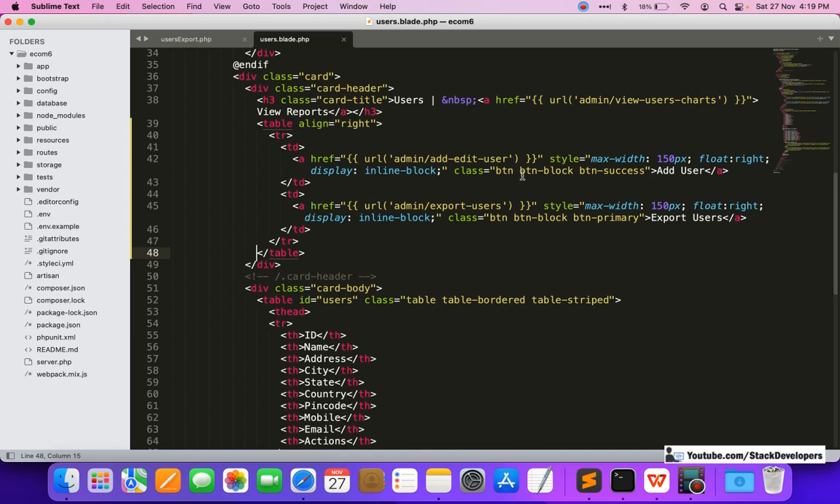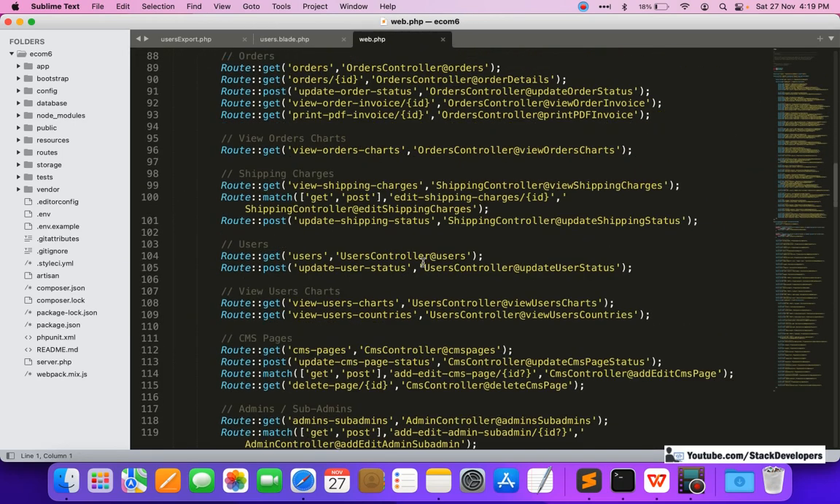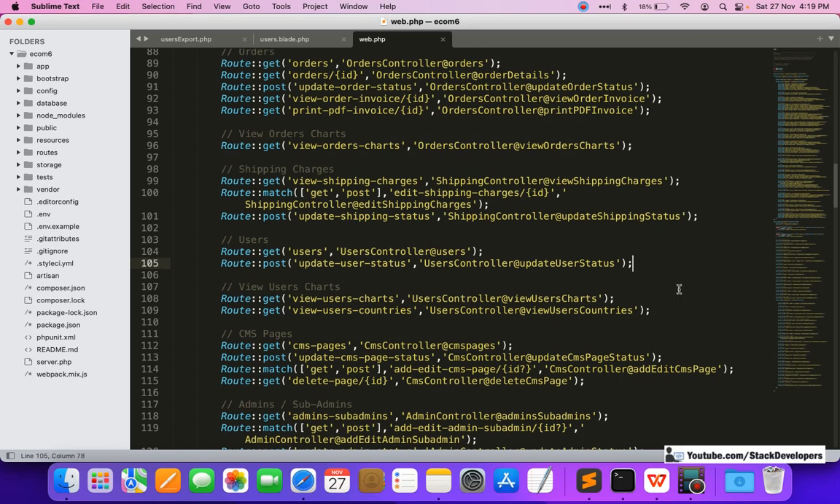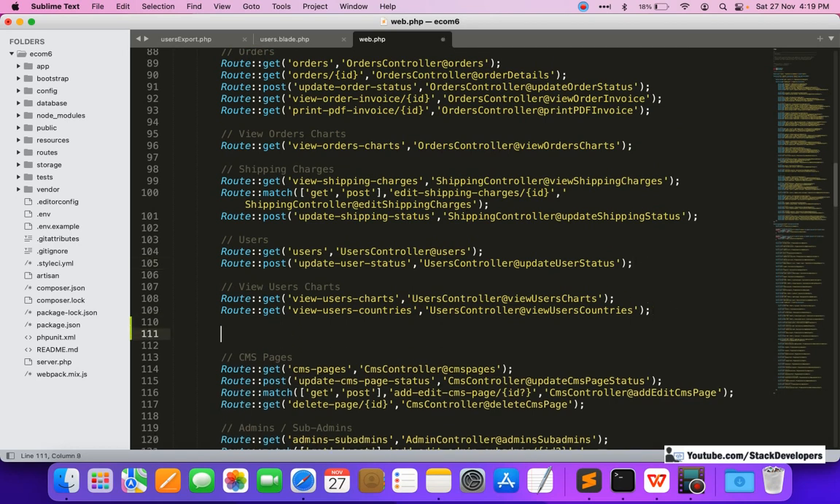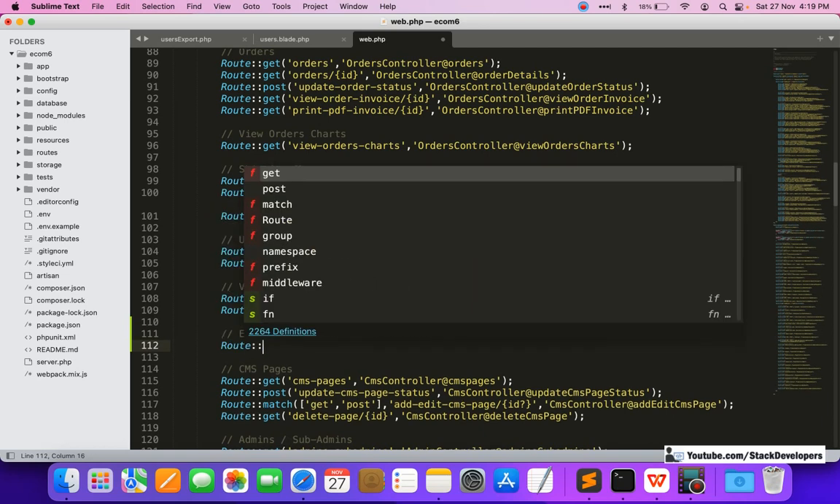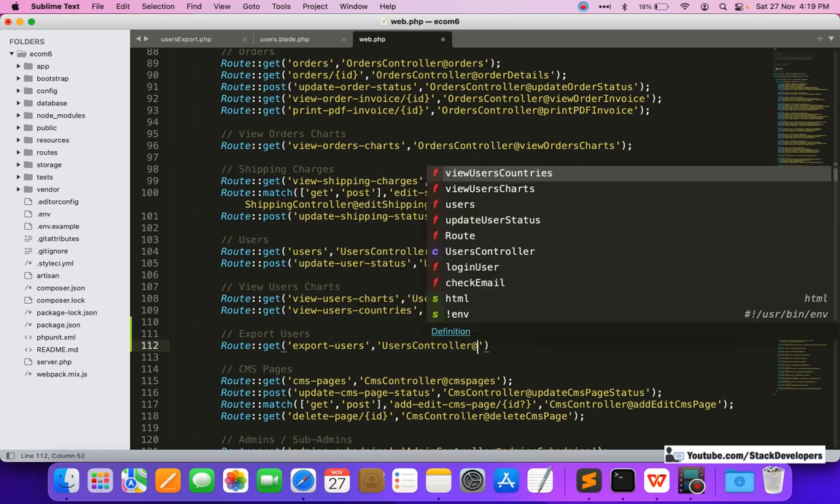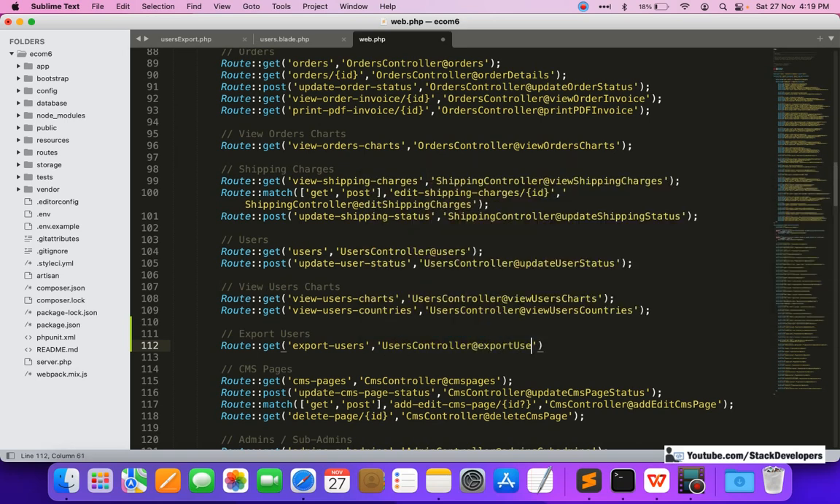And now see, we are required to create its route here in the web.php file. Straight away after users, we can give export users. Okay, Route::get export users, UsersController at the rate of export users, like this. Okay,